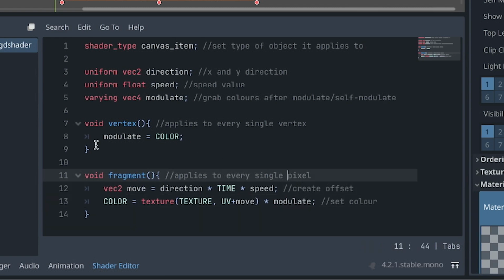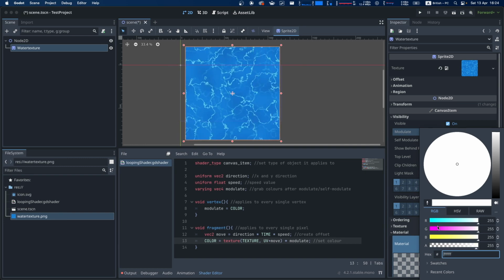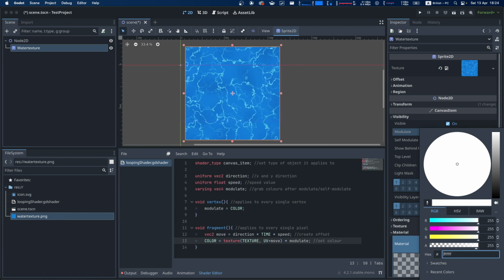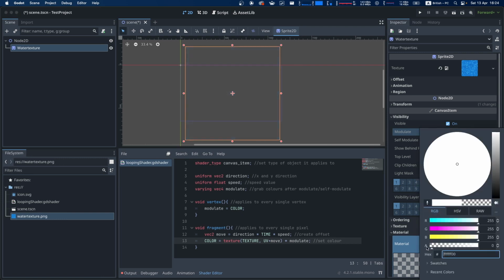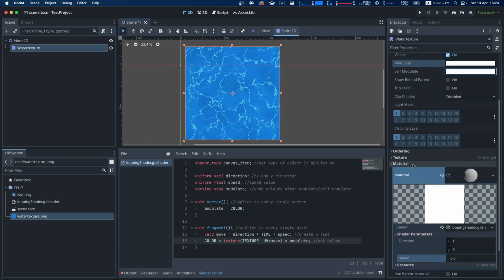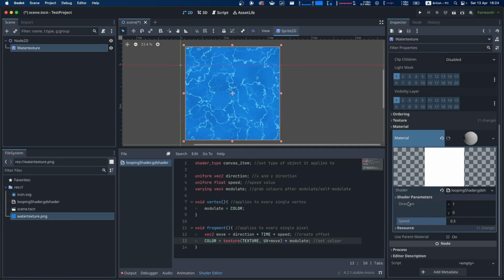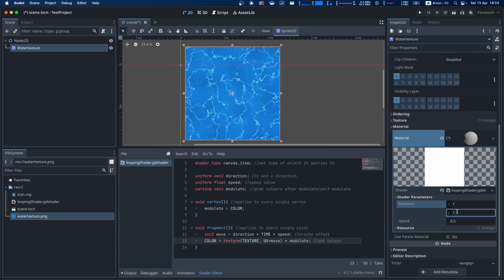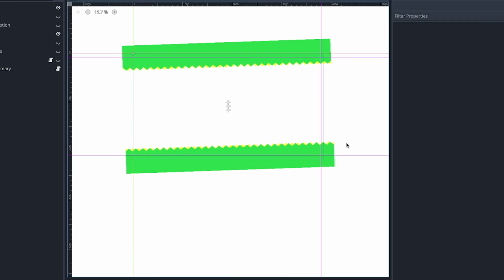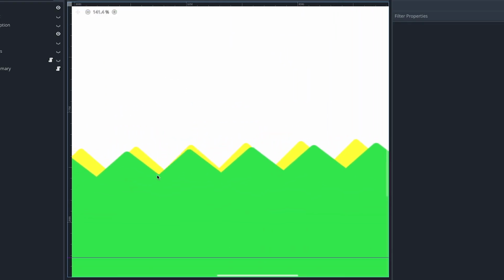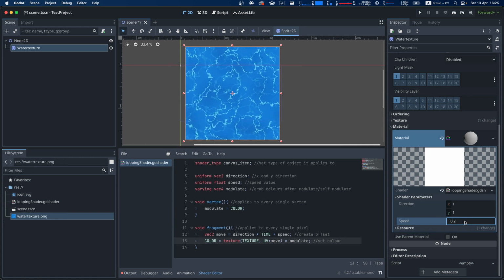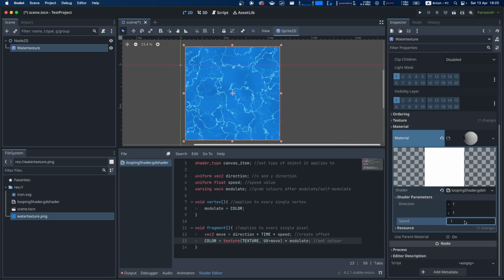With that one simple change, modulate suddenly works. I can change the color and that all works. I can change the alpha and that works. If I change it via self-modulate, that also works. And this also means that then we can set our direction within our shader parameters. So direction, I can set it to move both the X and the Y at the same time. This also applies to textures with alpha values within them. So you can see this pattern here has alpha in the texture, and you see the shader hasn't broken anything about the alpha. Now you'll notice as I change any of these values, it seems to change the position.